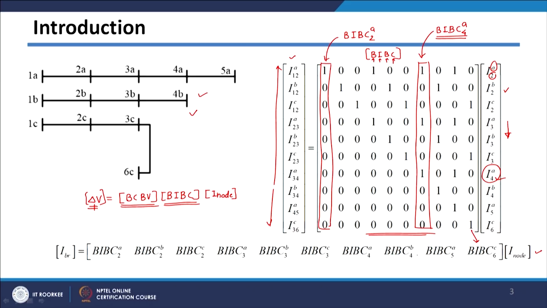So, various columns correspond to various columns of this particular matrix, and then we can write it like this. These are basically columns for the number of unknown nodes. The first node is the known node, so we are not considering it; we consider the remaining unknown nodes. In this case they are 1, 2, 3, 4, 5, 6, 7, 8, 9, 10. So, there are 10 nodes, and the size of each column will be 10 by 1. All these BIBC columns will be of 10 by 1 size.